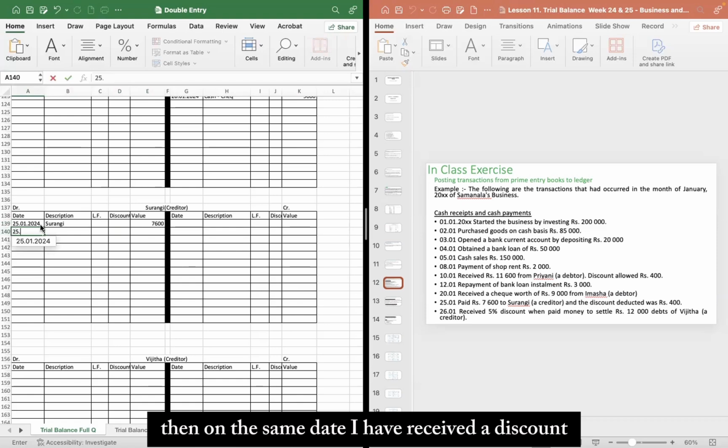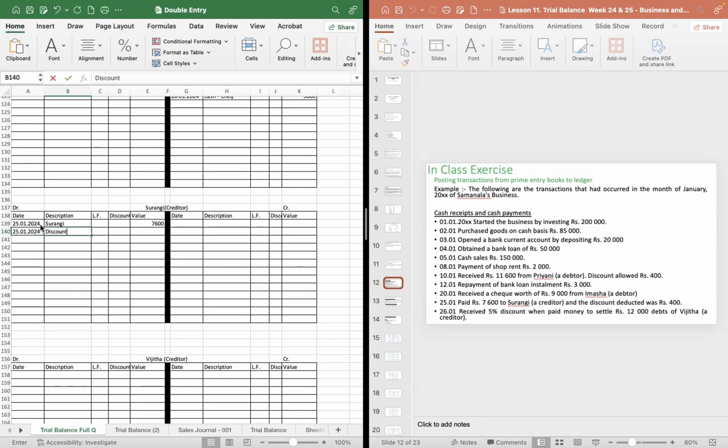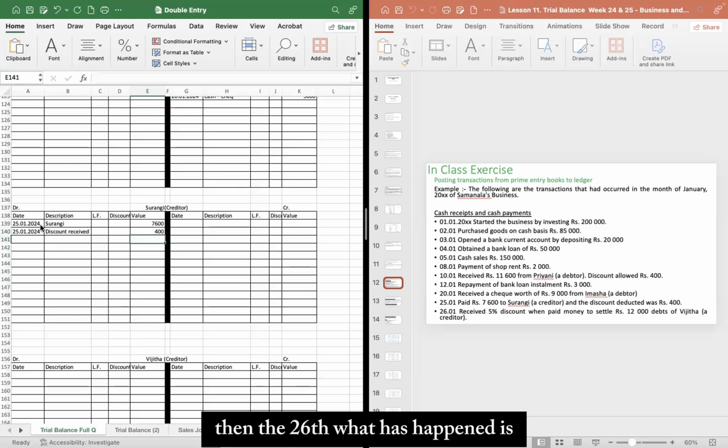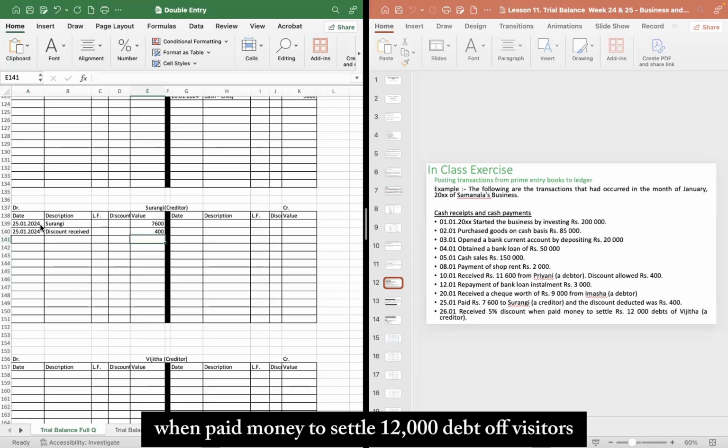Then on the same date, I have received a discount. Discount received. That is 400. Done and dusted. Okay. Then the 26th, what has happened is received 5% discount when paid money to settle 12,000